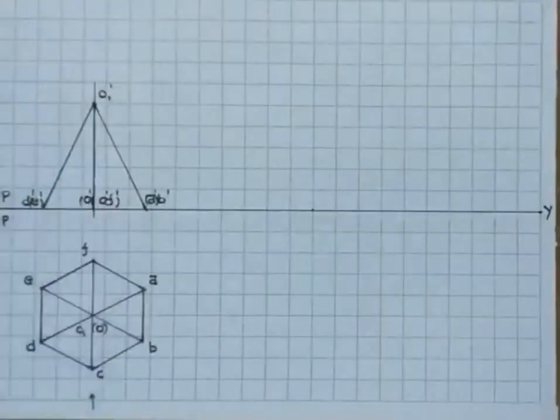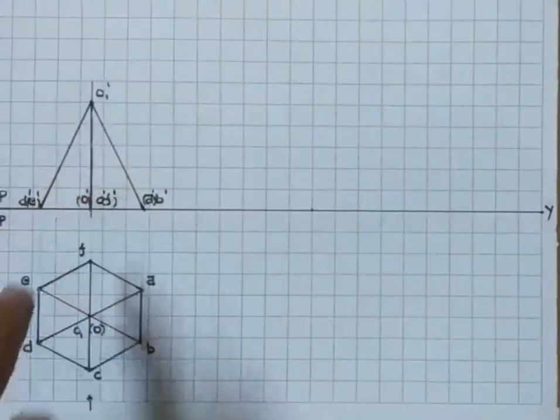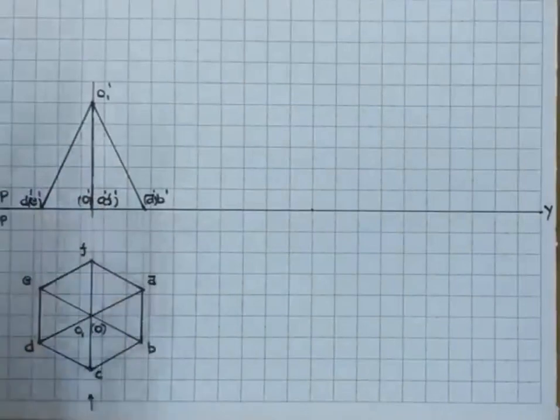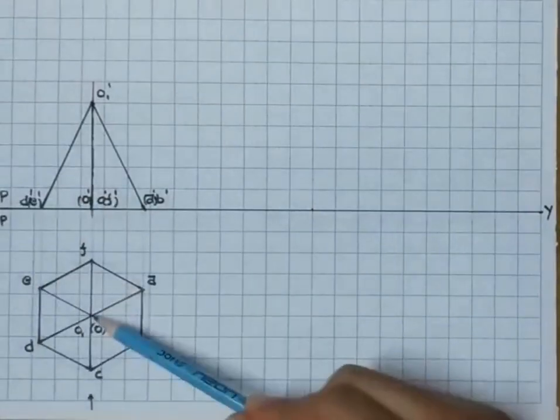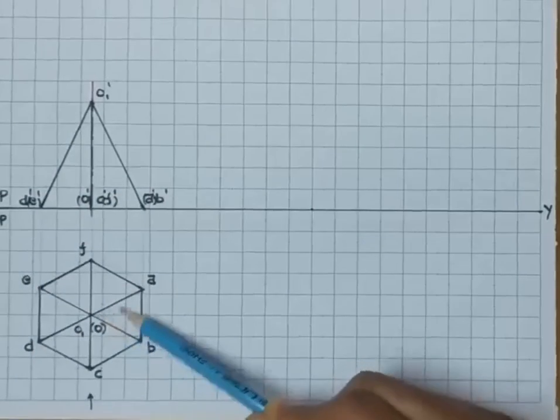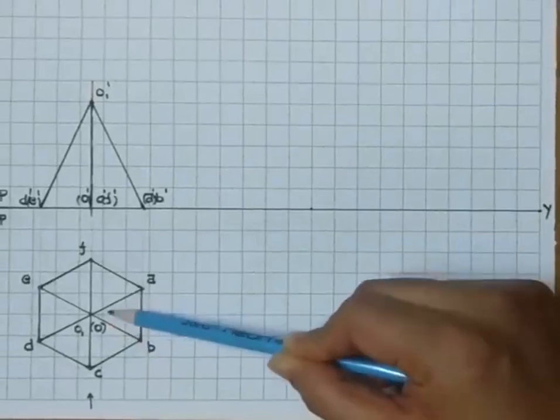Here I need to redraw this view as usual. In the previous problems we discussed, an axis inclination was given with respect to HP, so we were taking the base inclination and redrawing this view. But here the axis inclination is not given. Instead, a triangular face is resting on HP. The triangular face we have selected here is O, A and B. This is the triangular face on which the pyramid is resting.